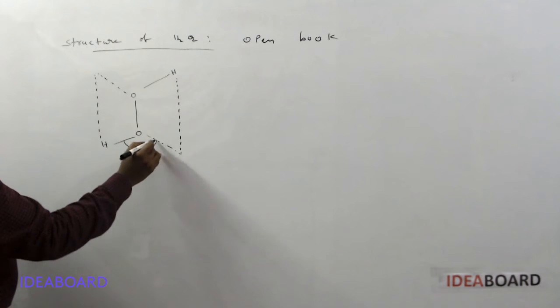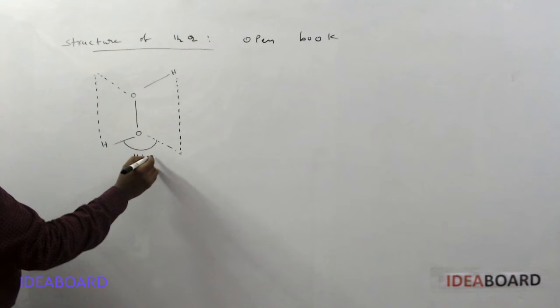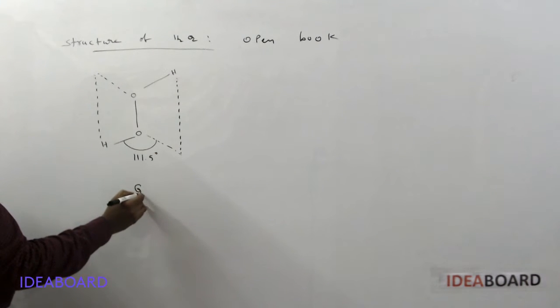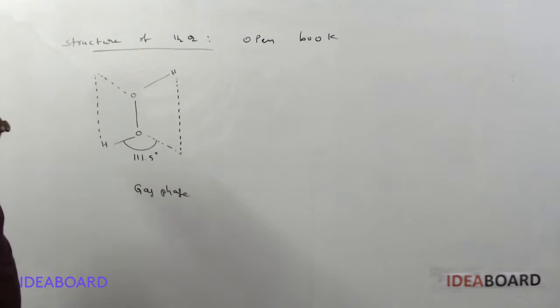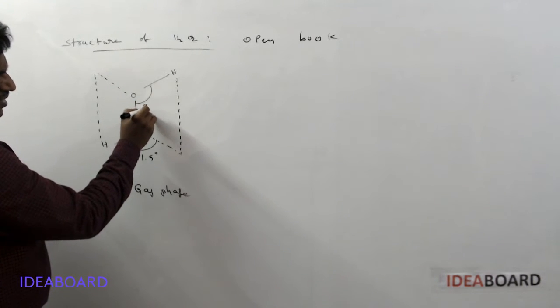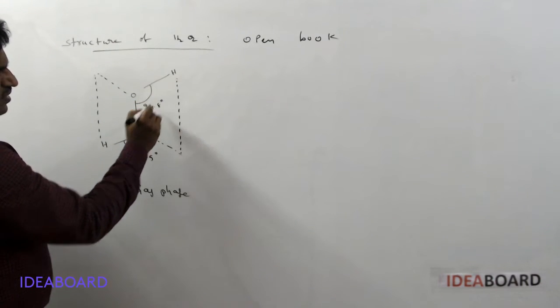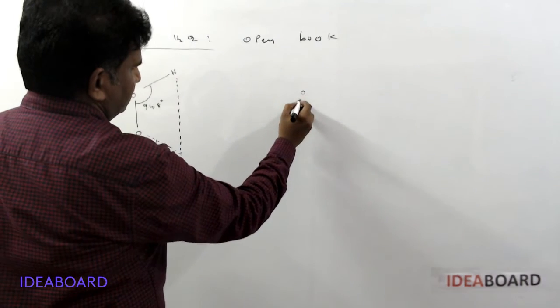and this is called the dihedral angle, 111.5 degrees for the gas phase. Here it is a gas phase structure for hydrogen peroxide, and this angle is 94.8 degrees. And in the solid state,